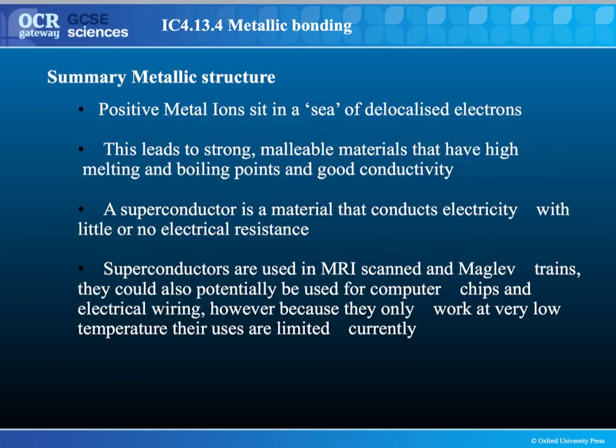So, in summary, in metallic bonding, what you have is positive metal ions sitting in a sea of delocalized electrons, which lead to strong, malleable materials with high melting and high boiling points. They're also really good conductors of heat and electricity. Superconductors are materials that conduct electricity with little or no resistance. They are used in things like MRI scanners, maglev trains, and we could potentially use them for carrying electrical current around the national grid, or in really, really powerful computers. However, we've got this problem with them at the moment in that they only work at very, very, very low